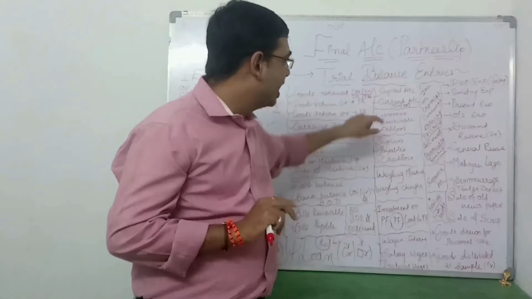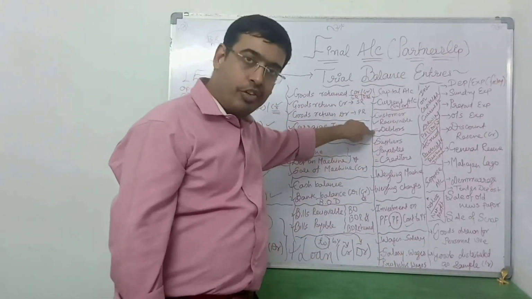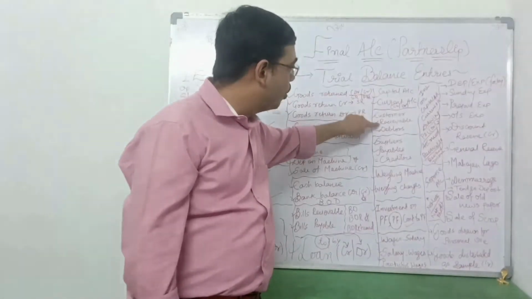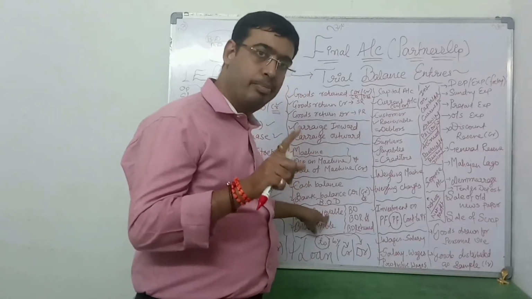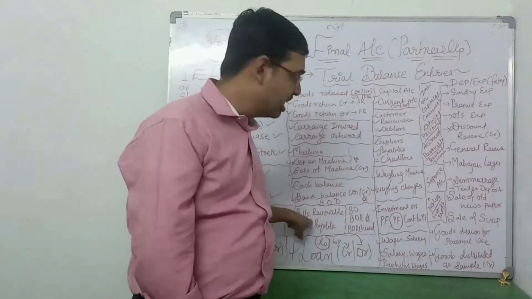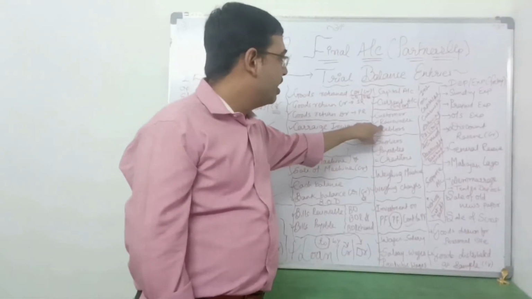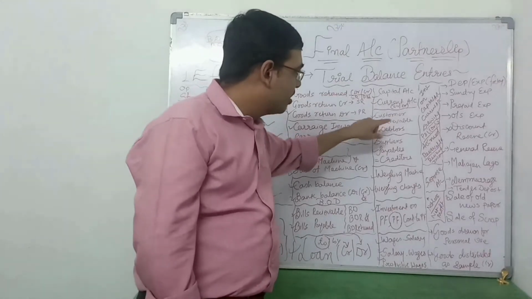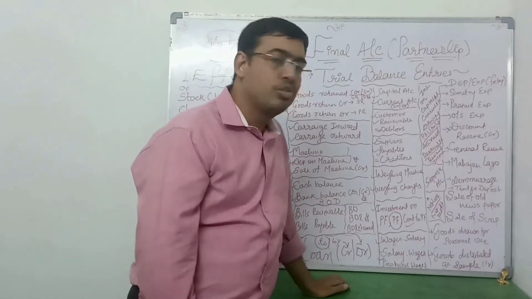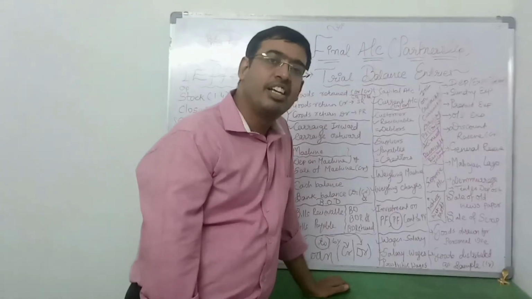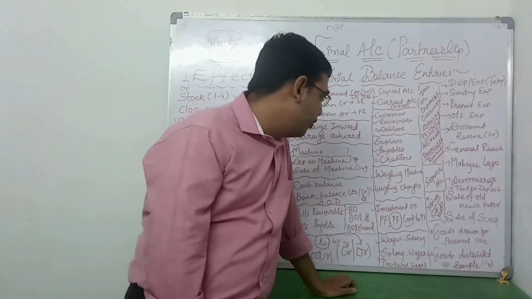Understood? Moving to next is debtors and creditors. The debtors are often written as customer or receivable. Receivable and bills receivable have a difference. Bills is talking about bills of exchange. This is just talking about receivable. So debtor is also known as customer or receivable. So debtors will be written on the asset side, and creditors are also known as supplier or payable, which is written on the liability side.